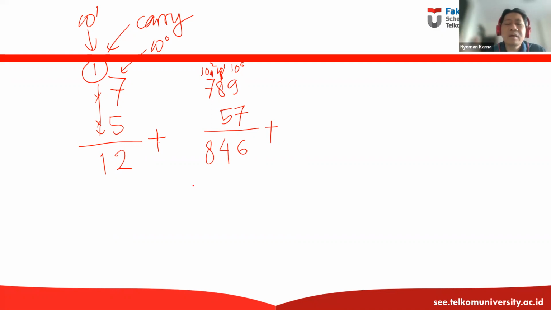Now, we have discussed how to add two numbers in decimal. How about in binary? Let's say I have these two numbers, 1001 and 11. I'm going to add these two numbers in the binary system. The same thing: the rightmost bit has the weight of 2 power of 0. This one has 2 power of 1, this is 2 power of 2, and this is 2 power of 3.